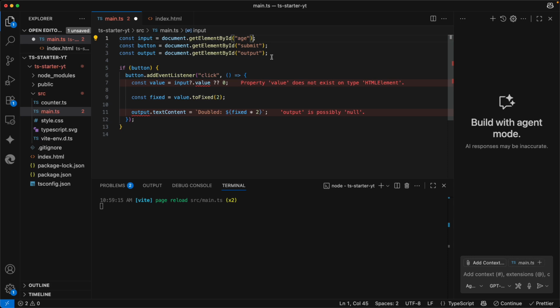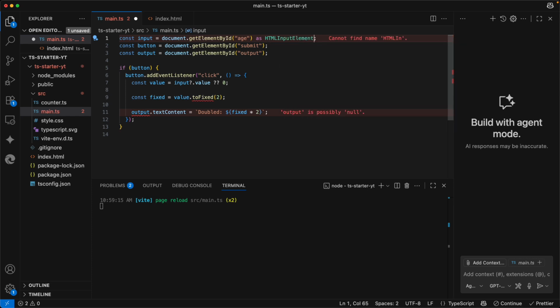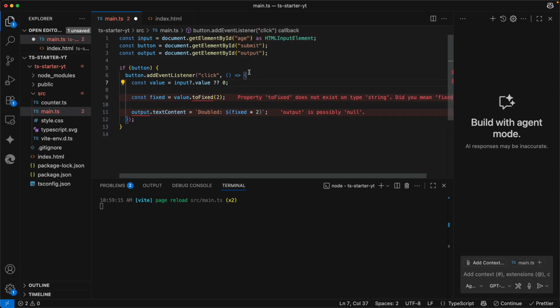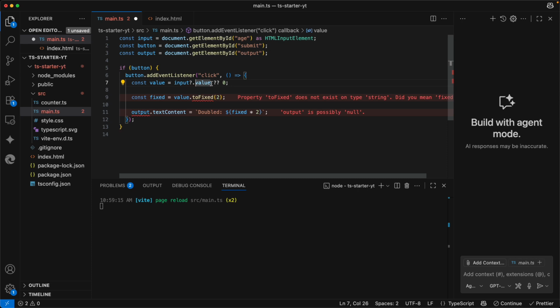We know that this is an input element, but TypeScript doesn't know that. So we can say as HTMLInputElement, and this fixes this error here. Okay, so here we said that this is an HTMLInputElement, and this input element has the property value. So this is working, and also this question mark is of course checking for null or undefined.